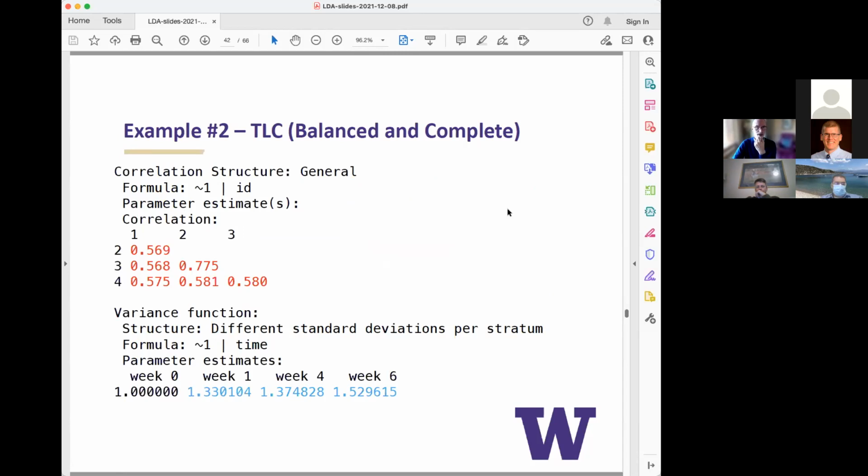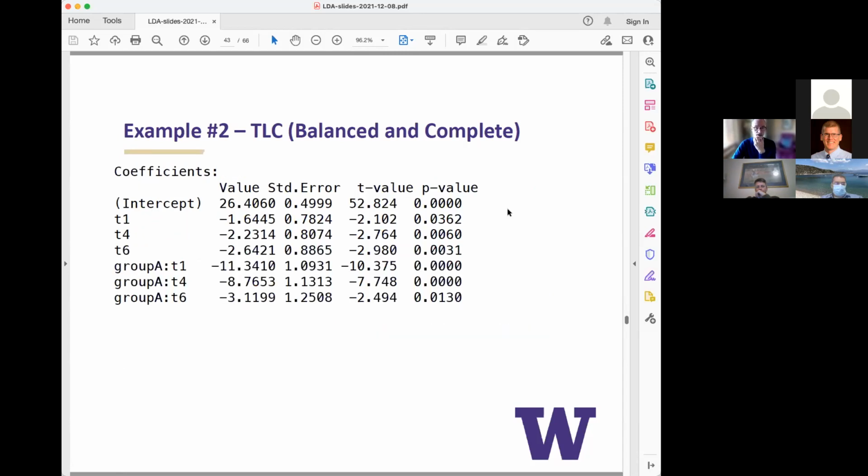But there's this amazing, clever syntax. And that shows up in the standard errors, right? That's really important because that's what gives the standard errors for these effect estimates. So the week 6 treatment effect is -3 points, 1.25 standard error, significant nominally at 0.013.